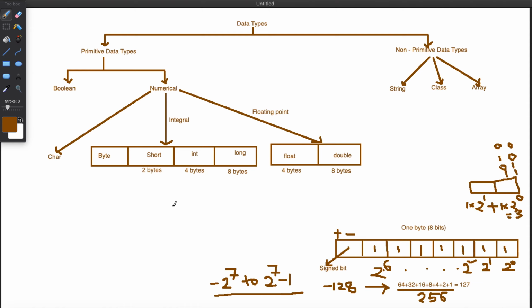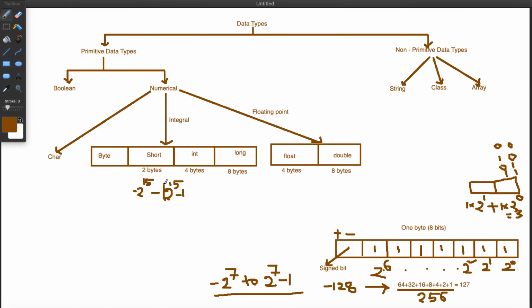What would be your range here for short? It is minus 2 power 15 to 2 power 15 minus 1. That is the range of a short.